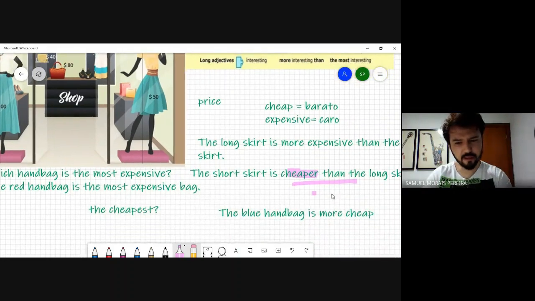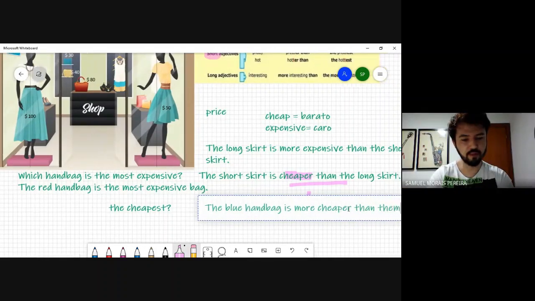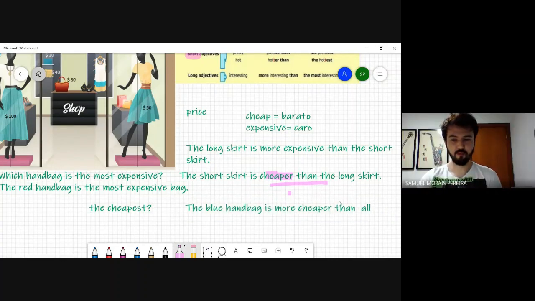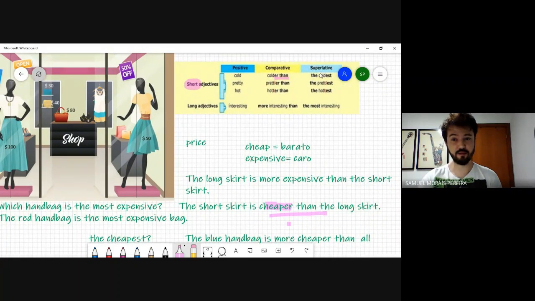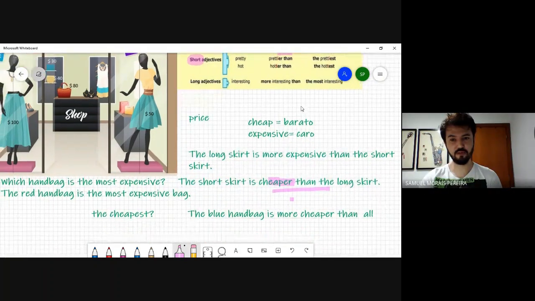Could you repeat, please? Peraí. The blue handbag is more cheaper than the all. Them all, assim que você tá falando? All, de todas. Them all, De all. Assim, them all. Veja só o problema. Aqui não tem um grupo? Yes. Quando tem um grupo e você destaca um elemento, o que você tem que usar? Superlative, ok? Então, você não pode falar more cheaper, até porque você está falando duas vezes, está usando more e